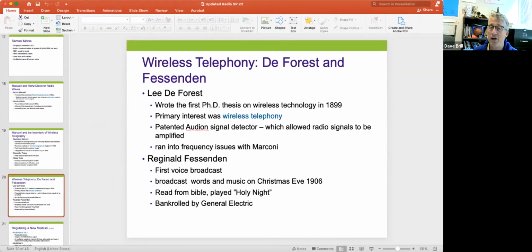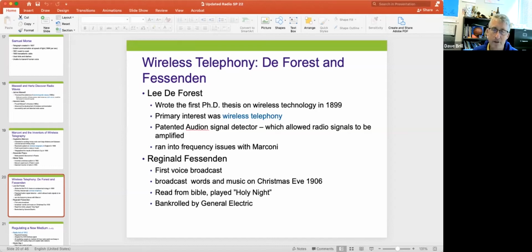Well, Reginald Fessenden changes the game with his first voice broadcast. And he did it on Christmas Eve in 1906. He was the first to broadcast words and music. And of course, it was a complete mind blower at the time because, again, think about it. This is the first time anyone would have heard this. So, basically these amateur radio operators on these sea lanes off the northern Atlantic were able to hear a guy reading from the Bible,